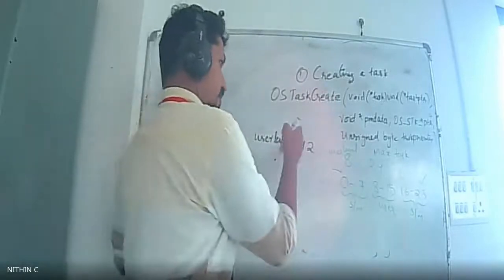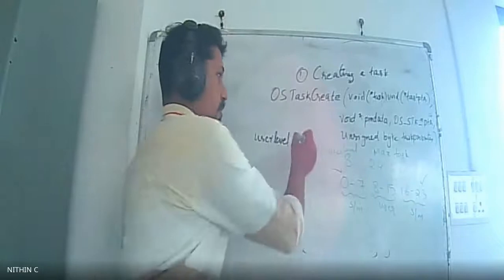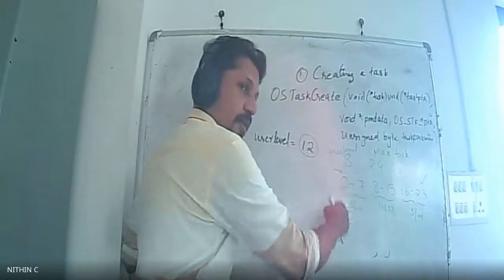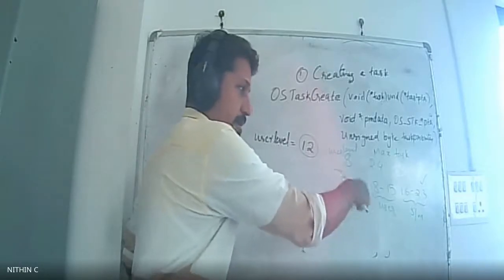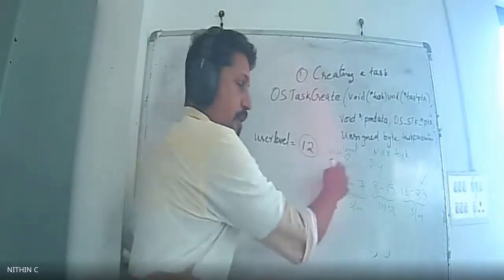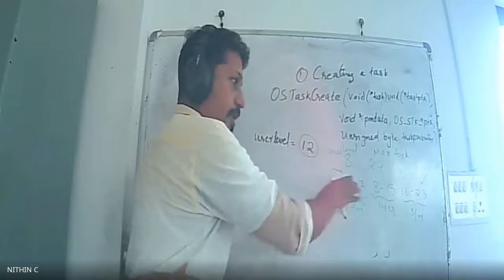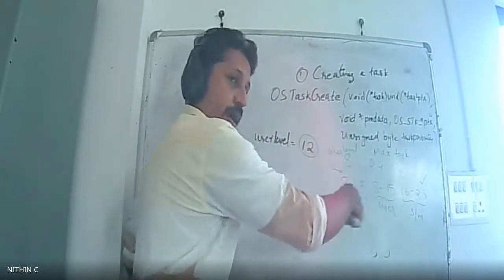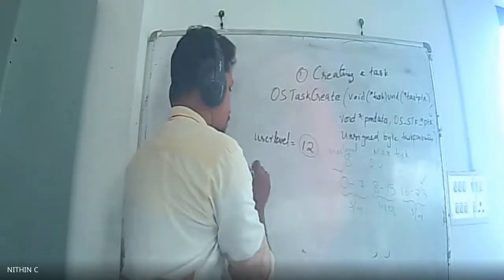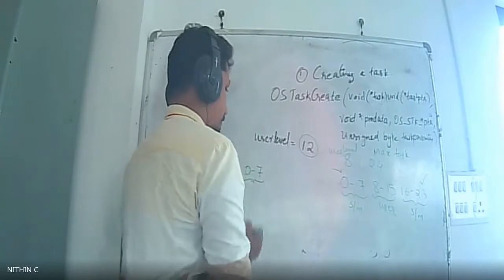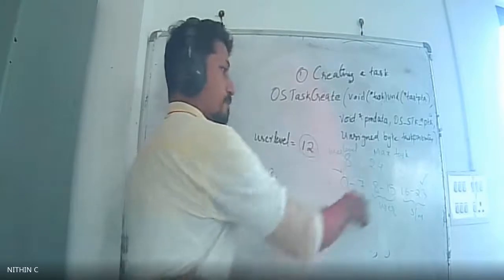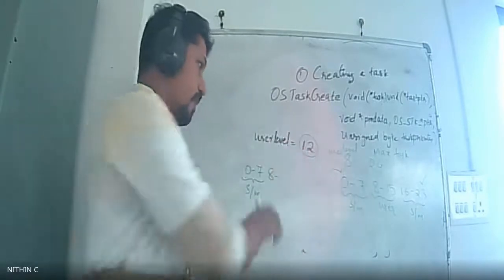So if that is the case, what will be the answer where the user level task is 12? Will there be any change for the system level tasks having high priority? Always this value will be the same, right? The highest 8 priorities are given for system level tasks. So this value will be the same, that is 0 to 7. There won't be any change with that. 0 to 7 for system. And then 8 to 15, we are having 12 user tasks. So this value will go up to